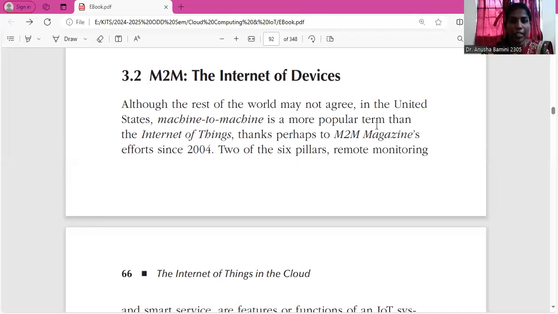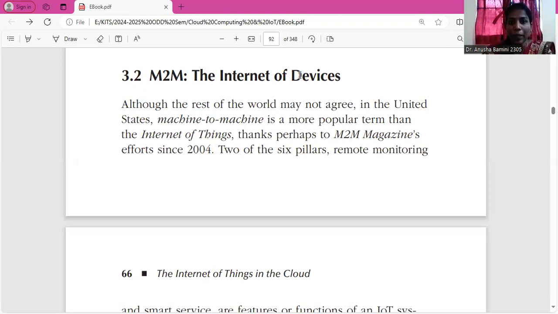Good morning, students. The next topic under the four pillars of IoT is M2M. In the previous lecture, we learned about the four pillars of IoT. I'm just refreshing: the pillars are M2M, RFID, wireless sensor network, and supervisory control and data acquisition, SCADA. In this lecture, we briefly learn about M2M, the first pillar of IoT.